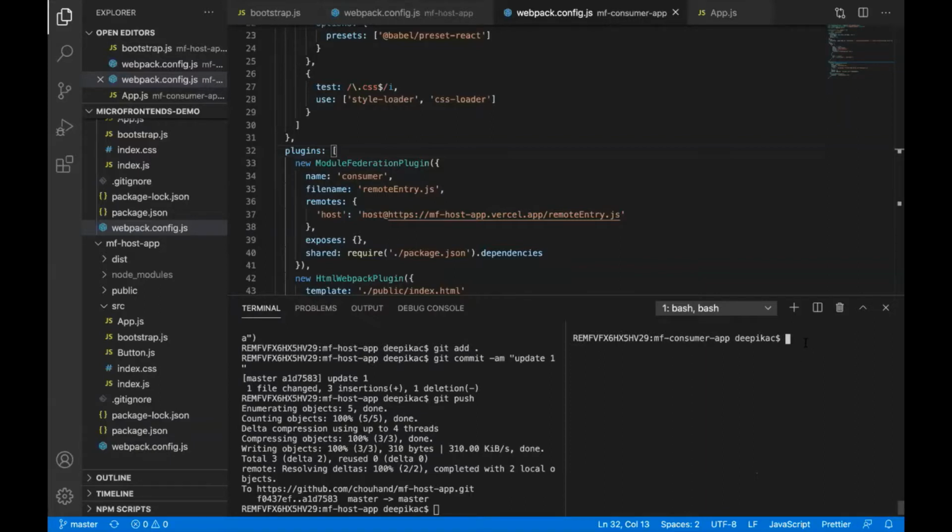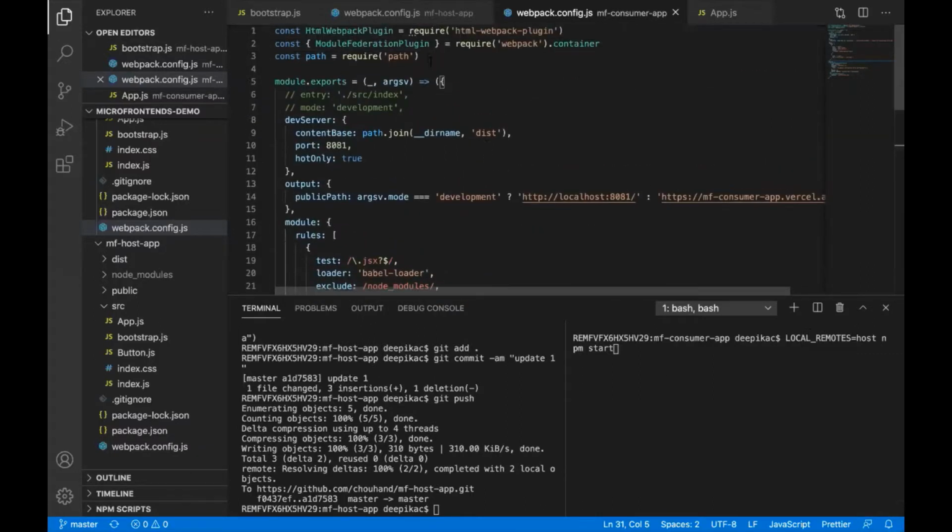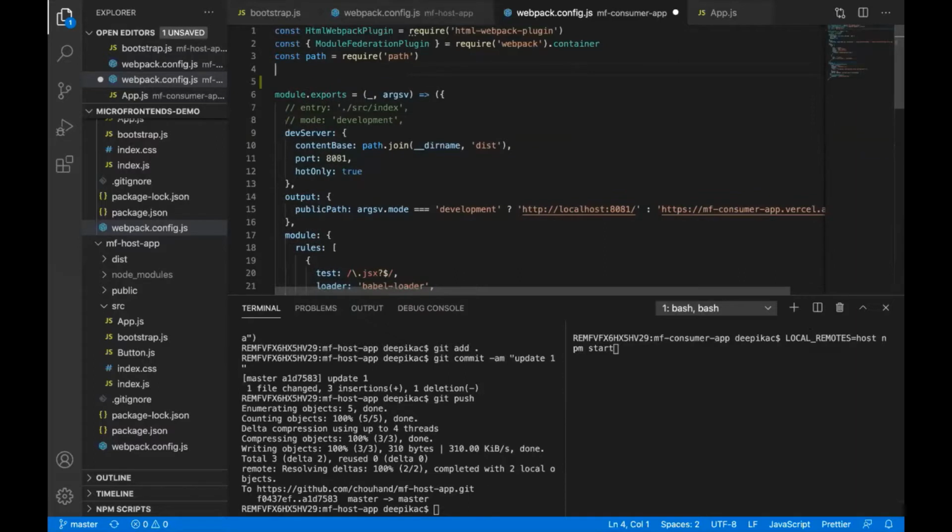So, local remotes: you can write it like host, comma, my app, your app, XYZ app, anything. I'll be passing it with npm start. So when you start a script, you can pass local variables like this. On the basis of this, I'm going to update my consumer app webpack.